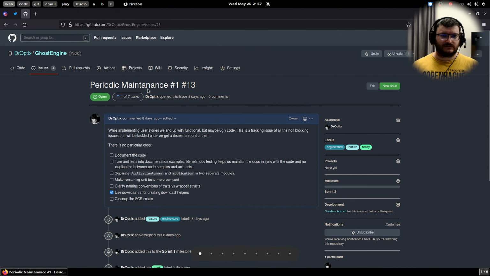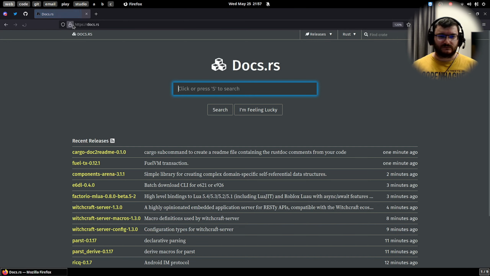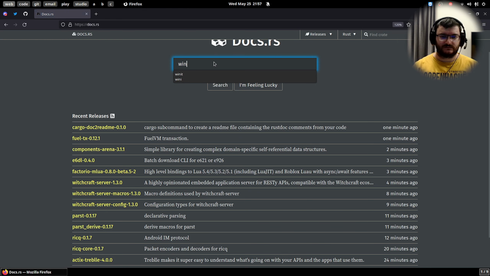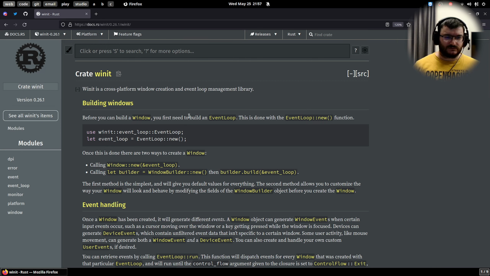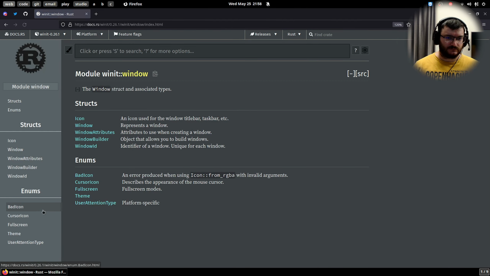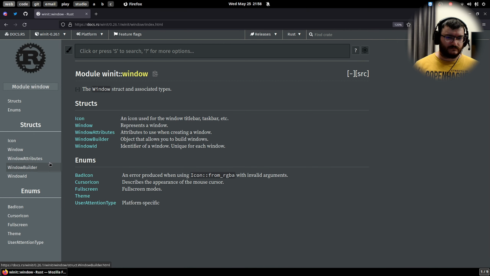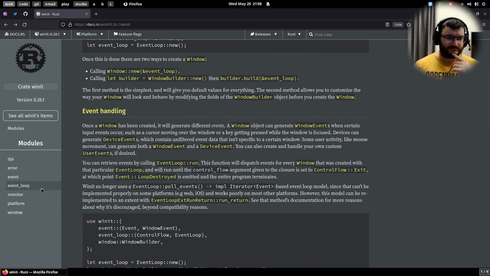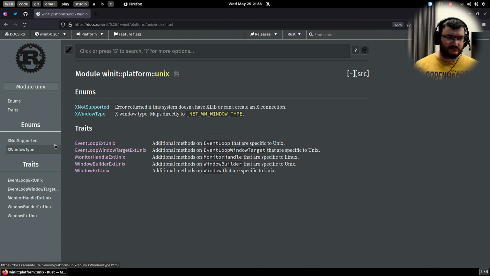Actually, you know what, let's go to a crate. Let's go to Winit. I mentioned it. Now the thing is that the Rust documentation system that generates and renders this documentation is quite nice, because if I go to a struct, I don't know, let's go to window, I think this is not a good example. So let's go to platform. Okay, Unix. You see,